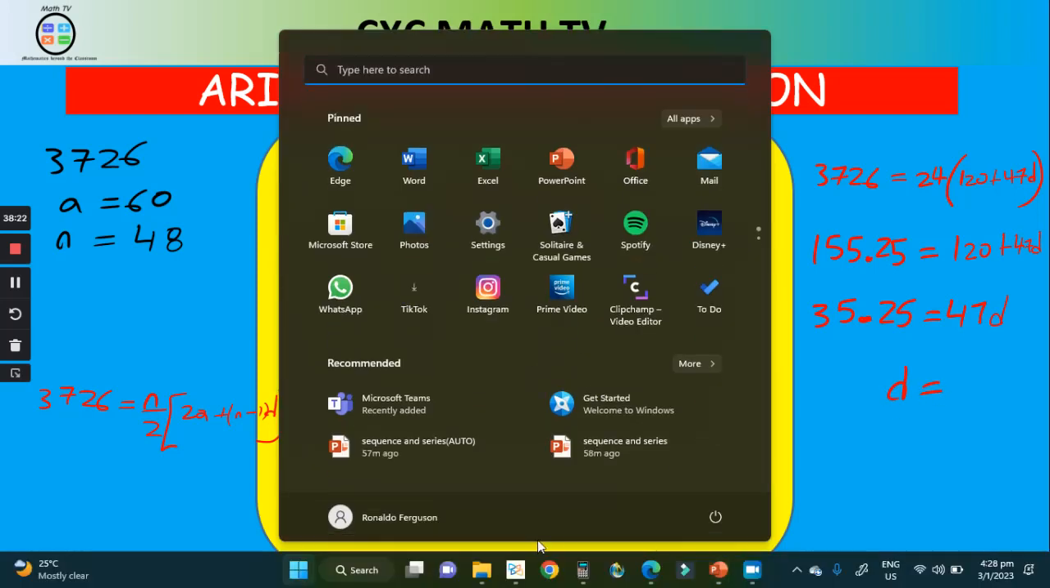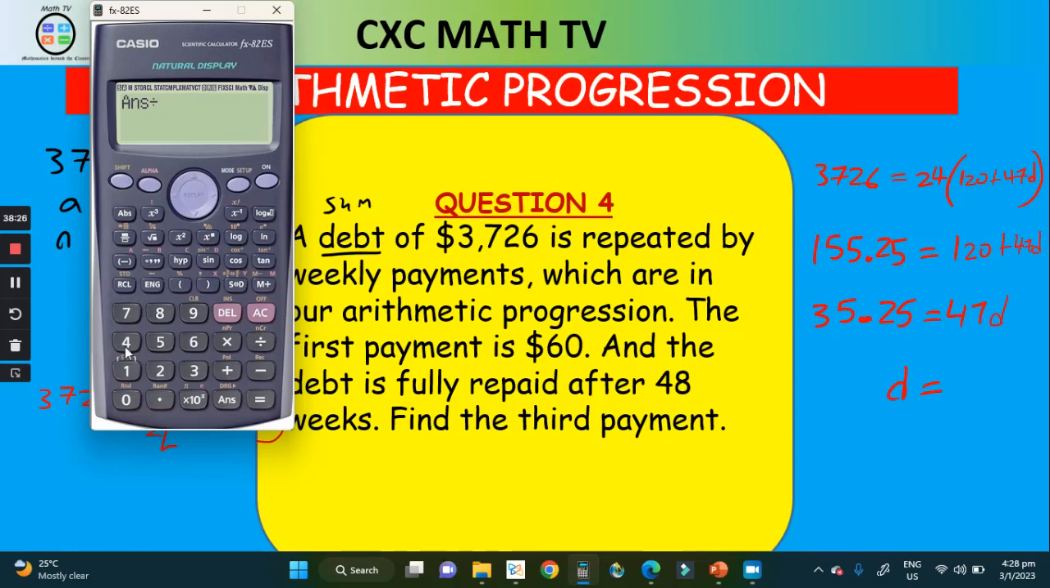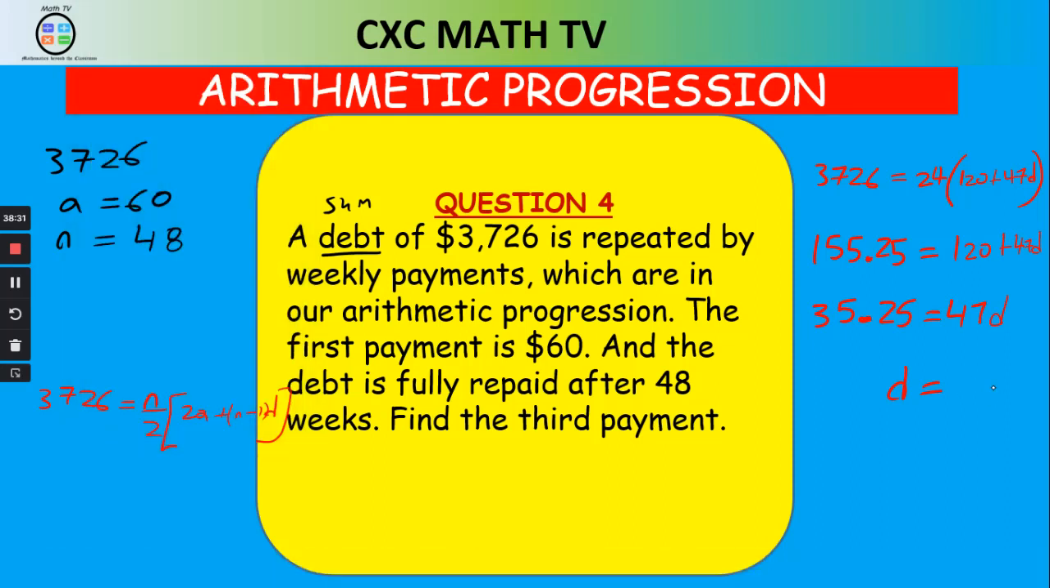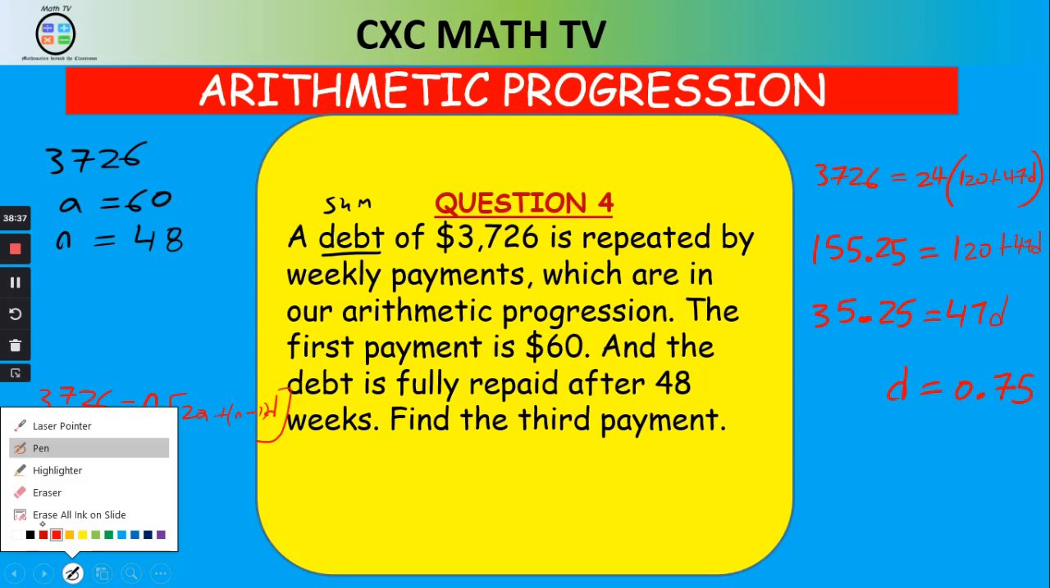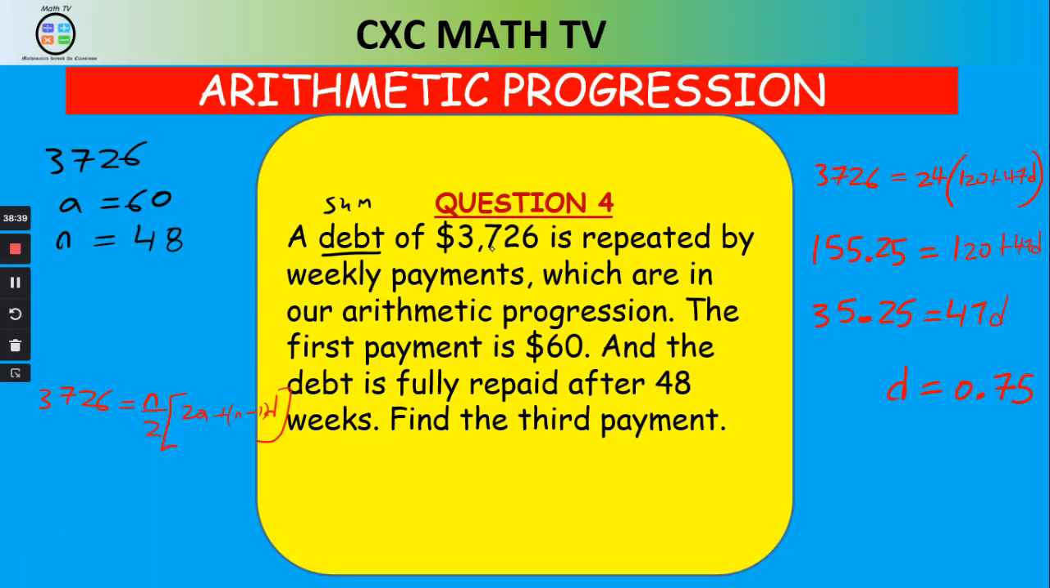Put that in the calculator. Divide by 47. D equals 0.75. I want to get d equals 0.75. That's the common difference. Now we can find the third payment. The first payment was $60. So the second payment is 60.75. The third payment is